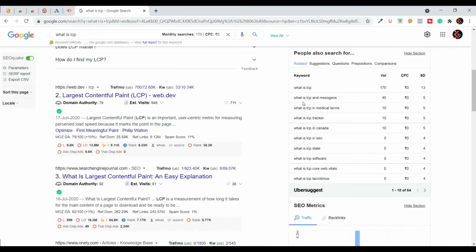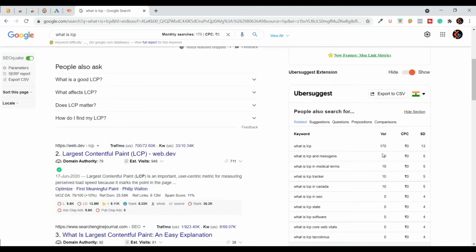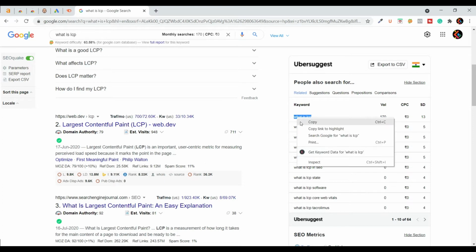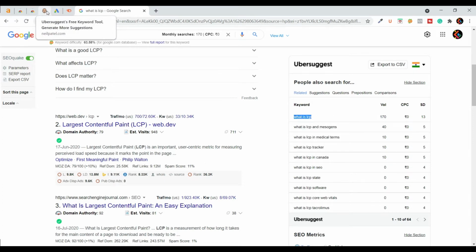You can see in Ubersuggest all the keywords and all the volumes and search difficulty. First you choose the keyword. I chose this one, what is LCP, and check it on Ubersuggest.